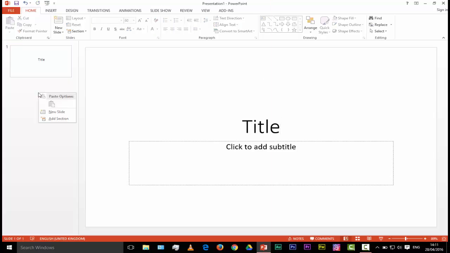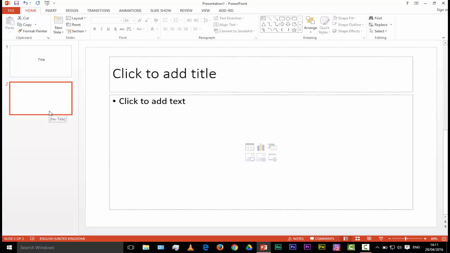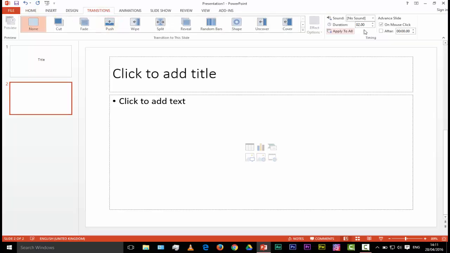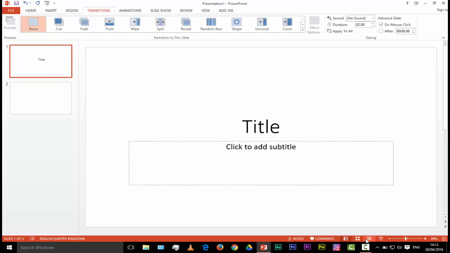And I'm going to assume that the slides that come next are the slides that I want to time, okay? Now there are many ways to do this. Let me just show you one way that I'm comfortable with and familiar with. I'm on the slide, I go to Transition. At the moment on the right here it says Advanced Slide on mouse click. I want to change that and do it after 5 seconds. So now that slide should be timed so that it moves on after 5 seconds.